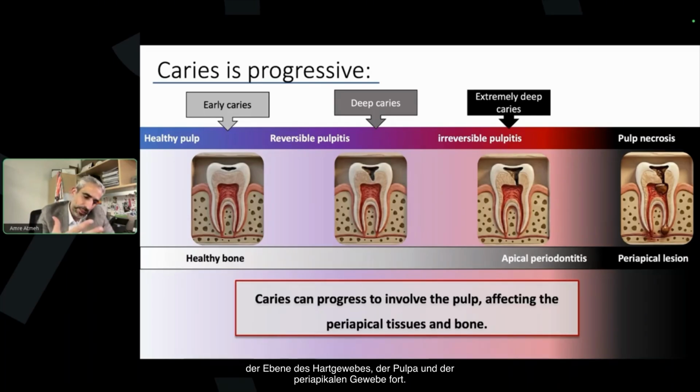So these are the three levels that show how caries is progressing. It progresses on the level of the hard tissues, the level of the pulp, and the level of the periapical tissues. Now,